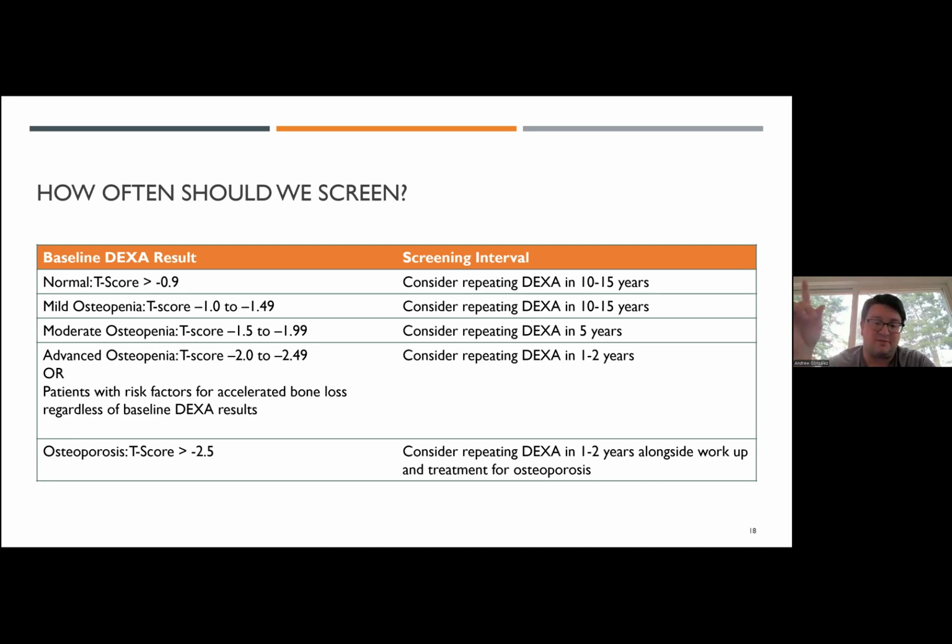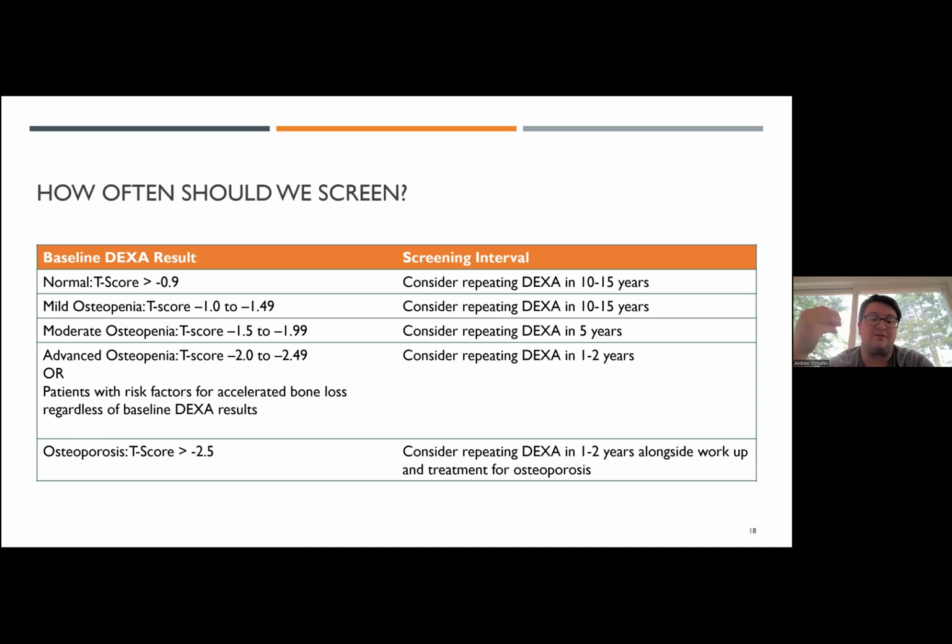How often should we be screening people? Well, if you have a normal T-score, you can repeat the DEXA in 10 to 15 years. If the patient has mild osteopenia, again, 10 to 15 years. In moderate osteopenia, like 1.5 to 1.99, repeat every 5 years. And then this is where the more